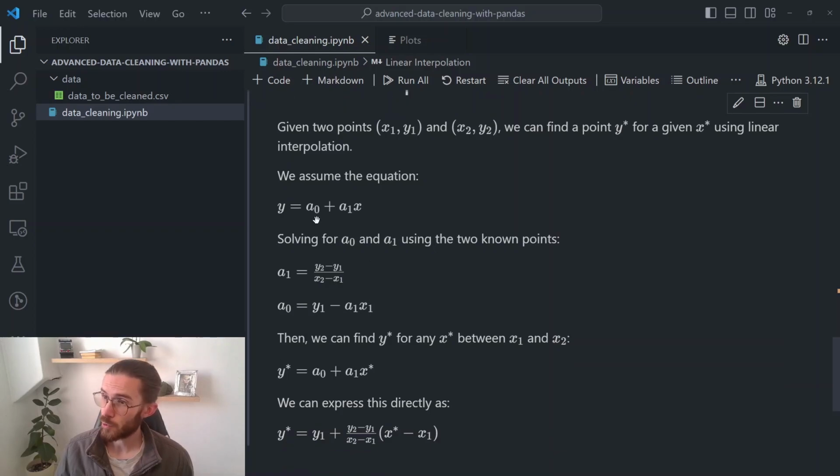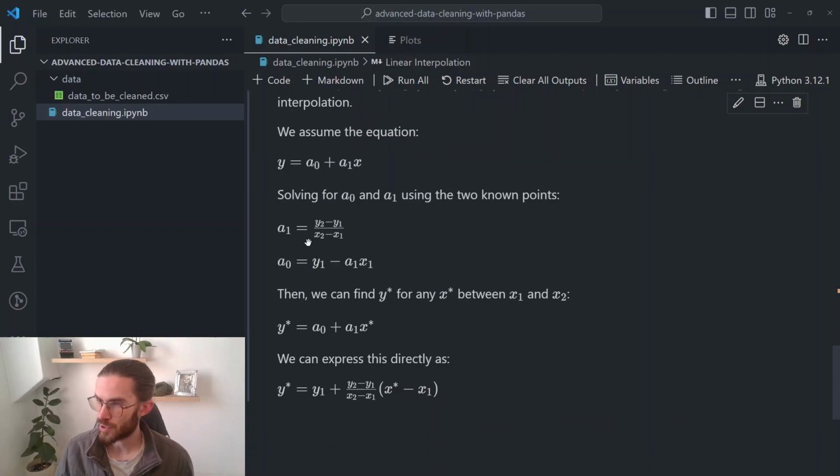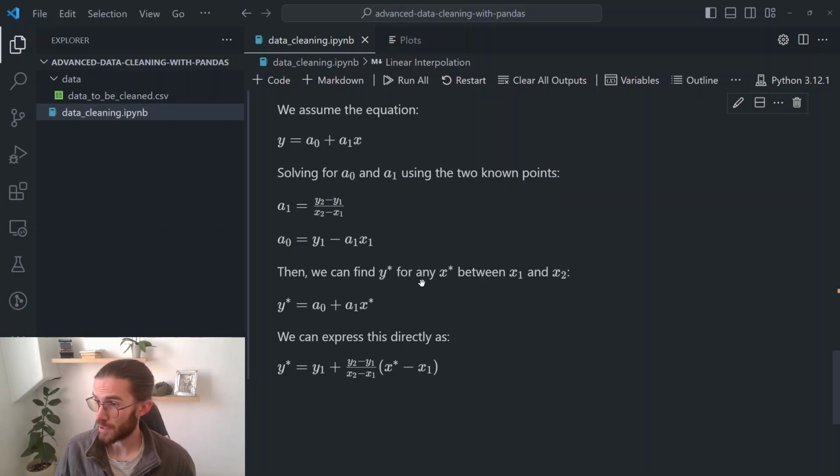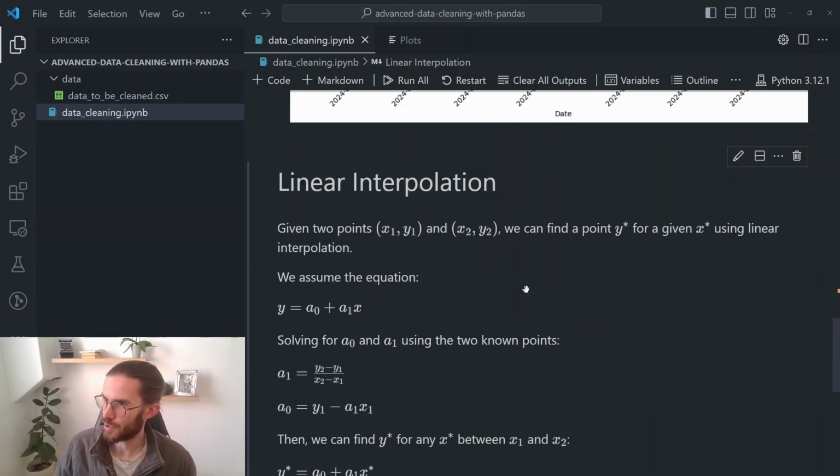So solving for those, substituting in x1, x2, y1, and y2, we end up with coefficient equations that look like this. a1, which is the gradient of our straight line, and a0, which is the intercept of our straight line. We can then find our missing point, y star, given an x star, so our known date in our example, our sales date, between x1 and x2, so we're assuming that it's between the two,